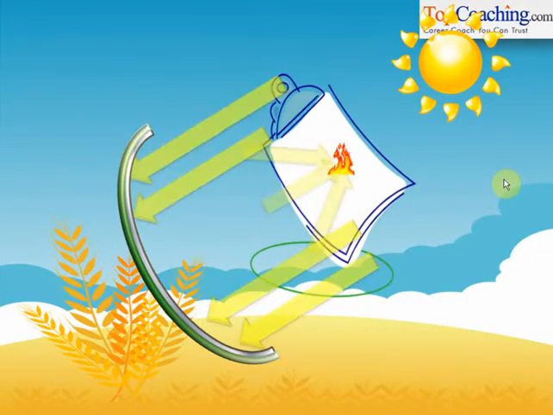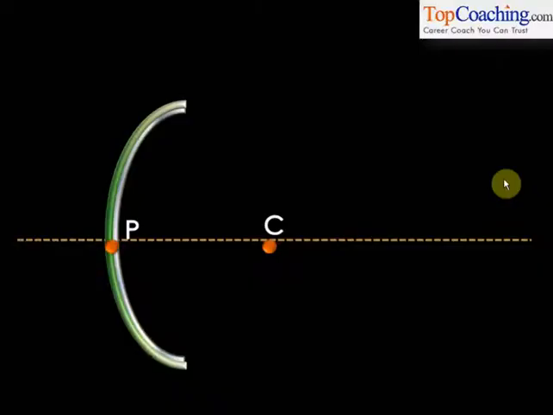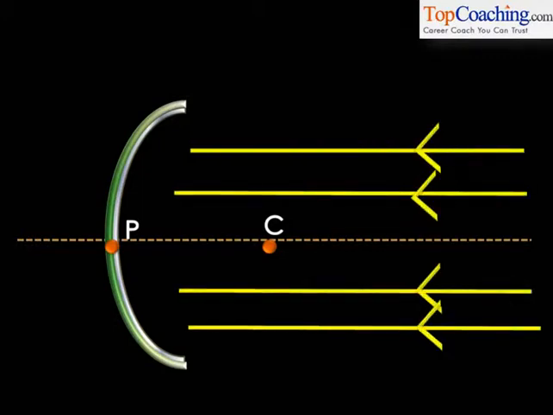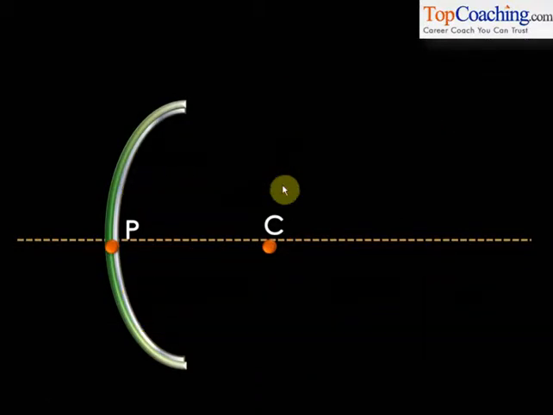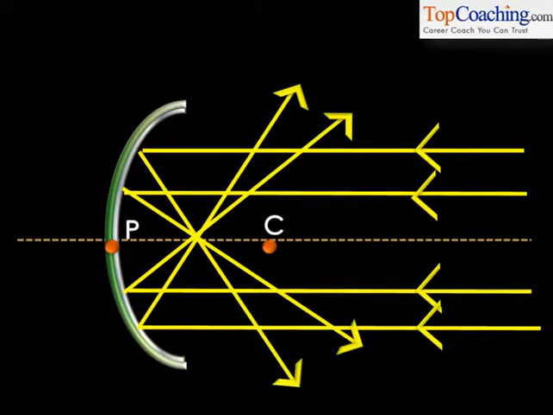Understood? So what exactly is this focus? In the case of a concave mirror, if rays parallel to the principal axis hit the concave mirror, in that case all of these rays after reflection pass through a certain point. You can see that all of these rays after reflection, they come, they get reflected, and after reflection they pass through a certain point. This point through which the rays pass after reflection is called the focus of the concave mirror. Understood? In the experiment that we just conducted, the rays from the sun were all parallel to each other.